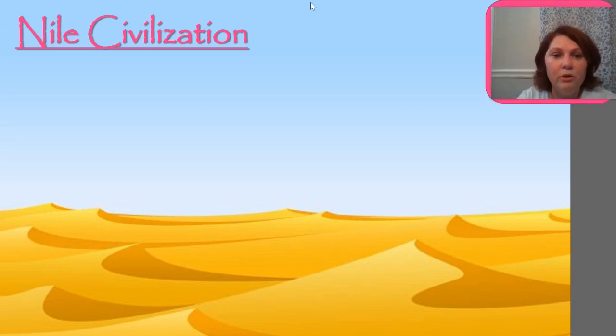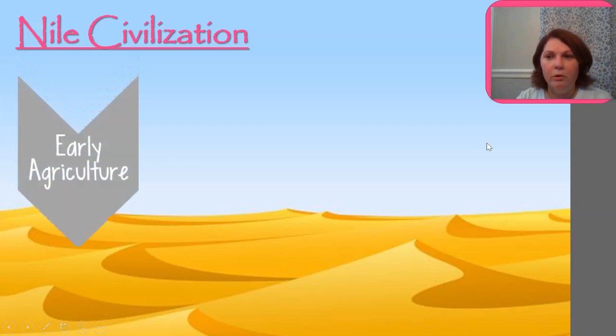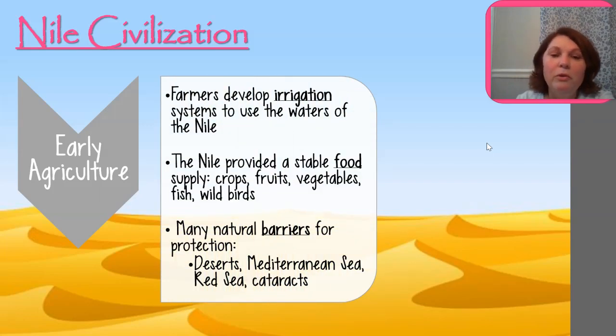All right, so Miss Tickle just got finished describing to you the geography of Egypt, the northern and southern parts of Egypt, Upper and Lower Egypt, and how these two areas are very different from what you think they should be. You may hear that squeaking. That is my puppy over there playing with her toy. Maybe she'll stop. I may have to go get her. So, farmers developed irrigation systems to use the waters of the Nile. Now, she told you that the river is going to flood predictably, which means,